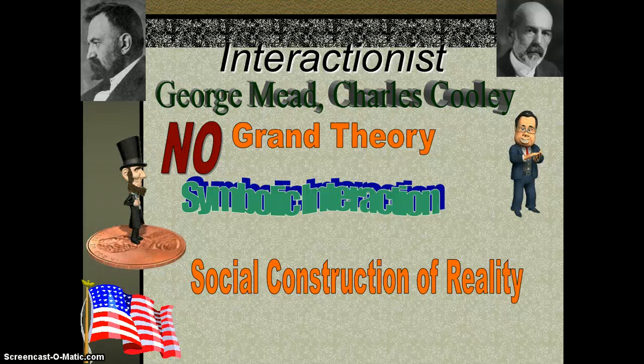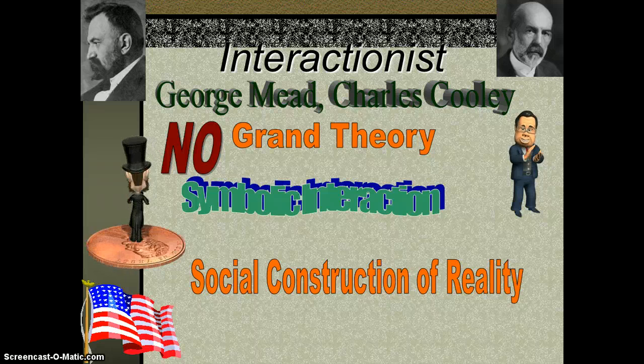With the functionalist and the conflict perspective, you can actually look at society as a big picture. You can talk about things in a major perspective, things that are going on in society. And I referred to various pictures that you could think about when you talk about the conflict or the functionalist perspective. Well, I'm not going to do that with the interactionist, because it basically doesn't have a grand theory of society. It doesn't say, well, society acts this way or that way, and this is how we're going to interpret everything.